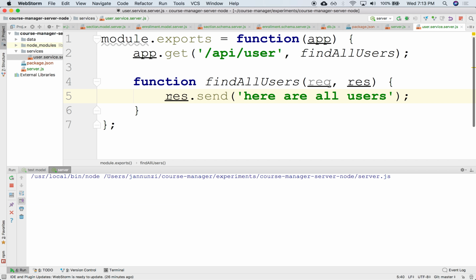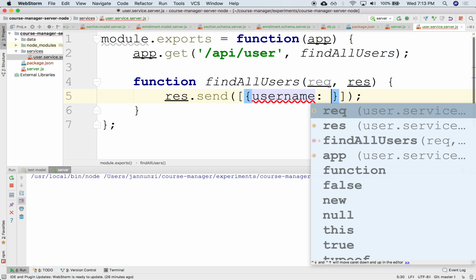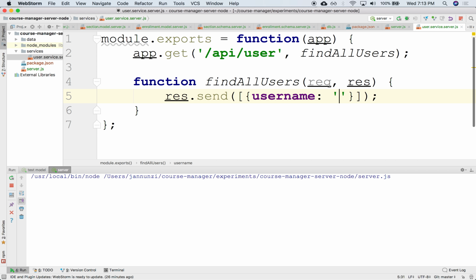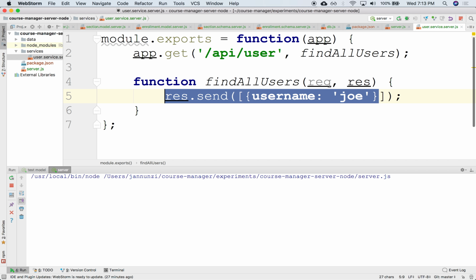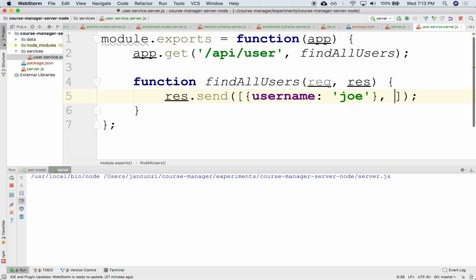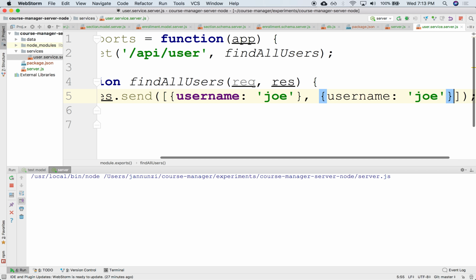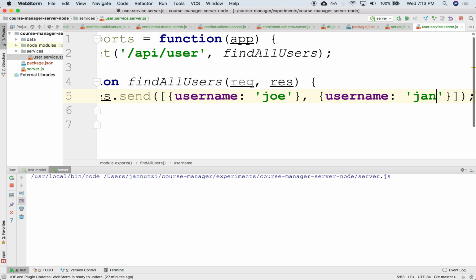So what we'd actually be looking for is not this, right? Ideally, we would like to be able to return some array of user objects, right? With maybe a username, Joe, and some other user. Jane. Okay. If we restart the server,